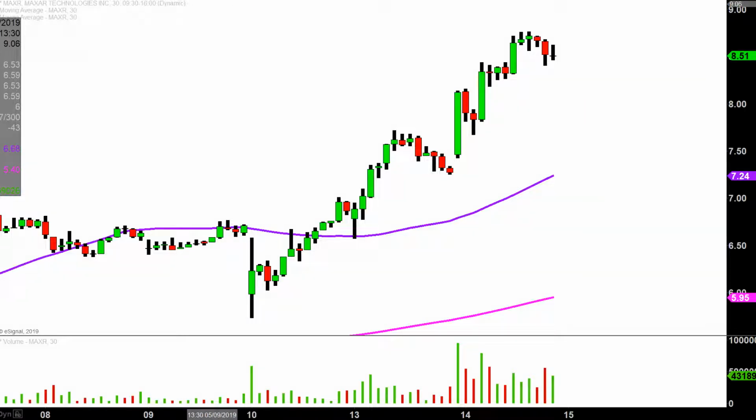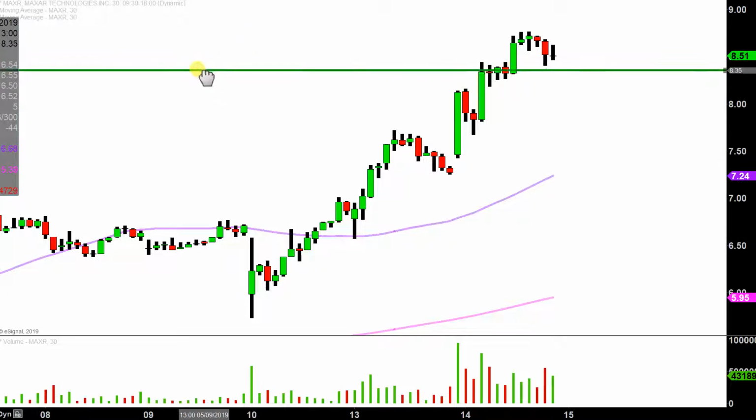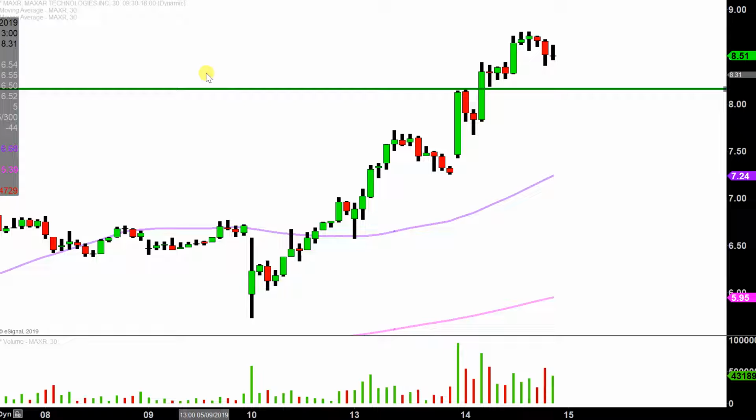So the first level of support is what I would call the ideal level. We say, hey, Clay, what would make this chart look the absolute strongest going forward? And that would be if the price could stay up there above $8.15. Now, don't get me wrong. If the price falls below $8.15, I'm not saying the entire chart's destroyed or ruined or anything like that. But if the price could manage to stay up above that level, that would certainly be an impressive sign